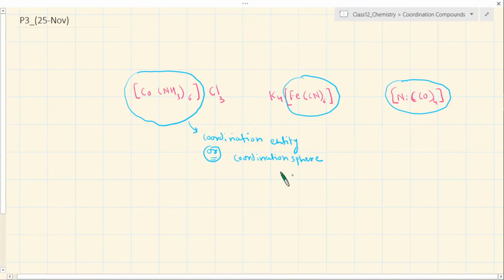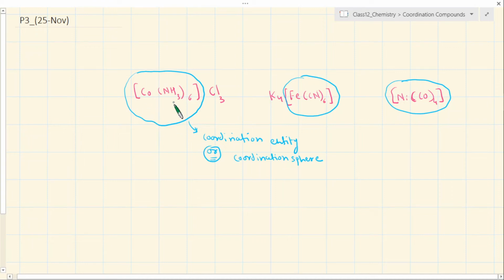Okay, sphere simply means nothing much, but it is like a certain sphericality about the structure of this, that's all. But everything which is represented inside this bracket, so what are the things inside the bracket? You have a metal of the complex compound. Remember, in your coordination compounds, you have a metal always. There is a central metal atom around which you have the groups which are attached by the secondary valence or the coordination bonding, correct? So these two together, they form the entire entity which is called coordination entity or coordination sphere.